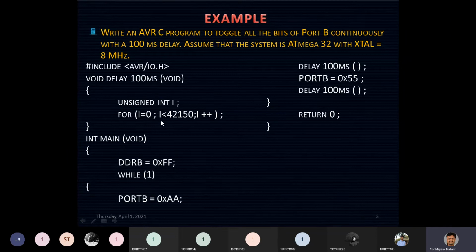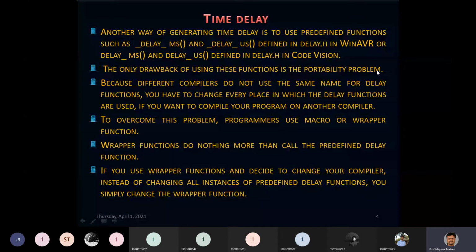So instead of that, we can use the predefined functions. In C, the other way of generating a time delay is to use predefined functions such as _delay_ms or _delay_us. These are some of the examples available in WinAVR, which is a compiler.